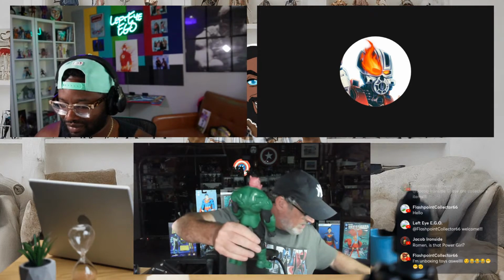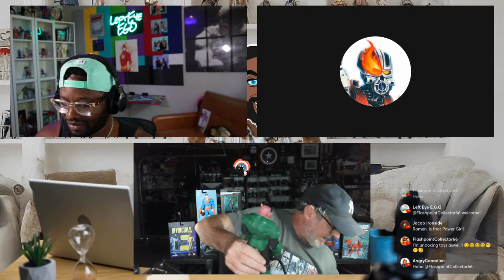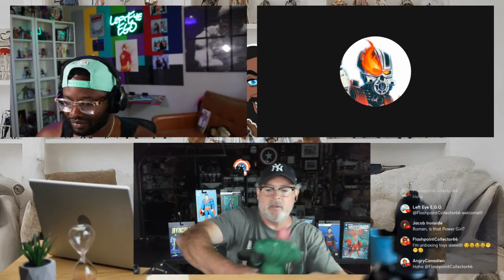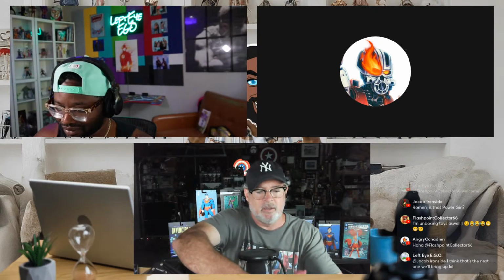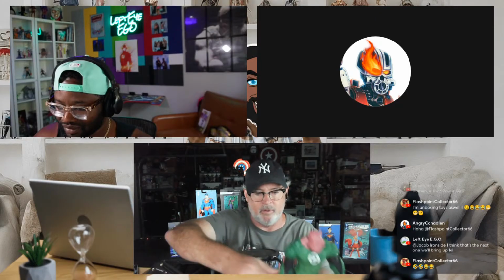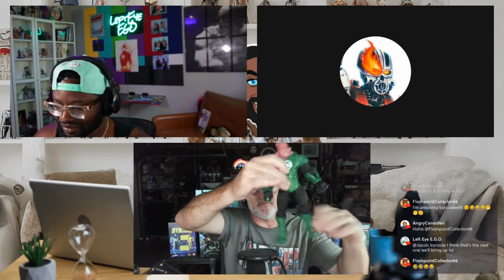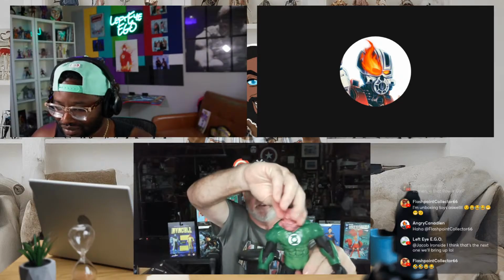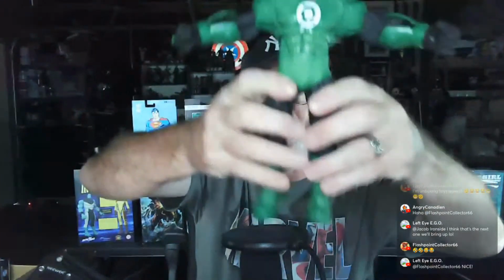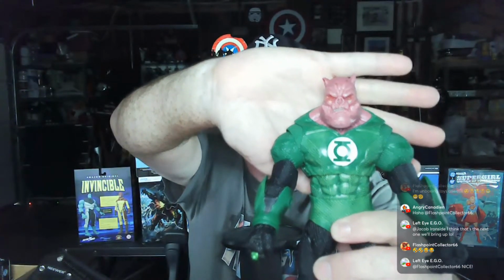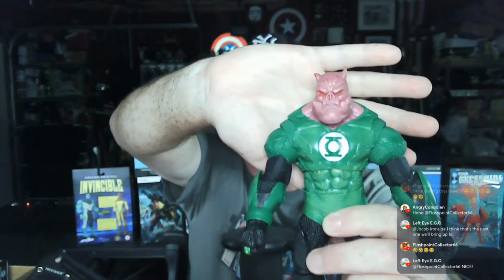And he comes with a big giant Green Lantern and a construct hammer, but this guy is massive, and actually the articulation feels pretty good on here, given the size of this figure. It's huge. He's making me feel bad about myself. If you don't know who Kilowog is, he is the big mean Green Lantern.